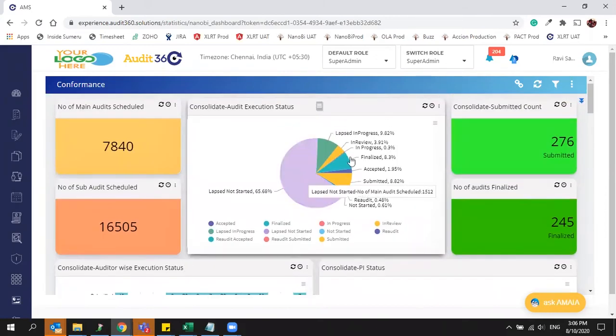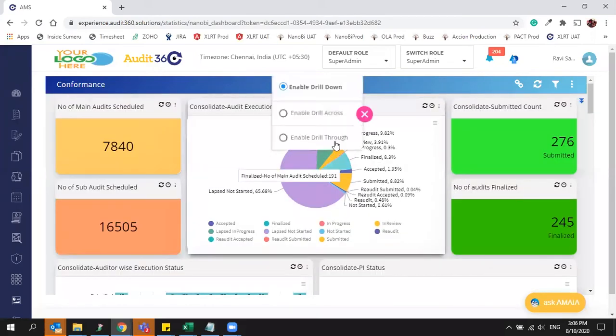Suppose you want to see some data matching within this chart only, or you have a couple of questions. There is an option called drill down at the analytic level, an option called enable drill across, and one more option, drill through.